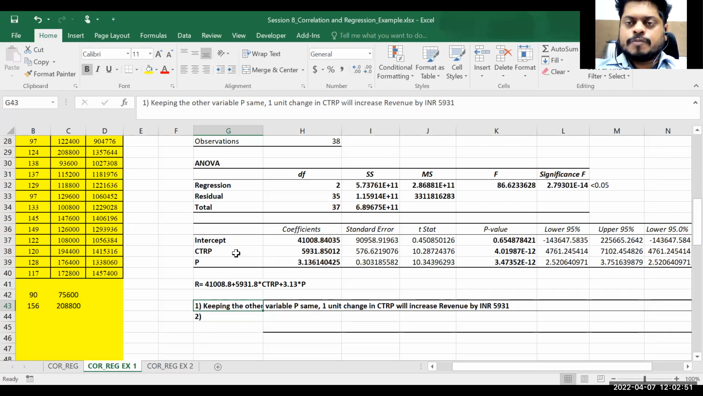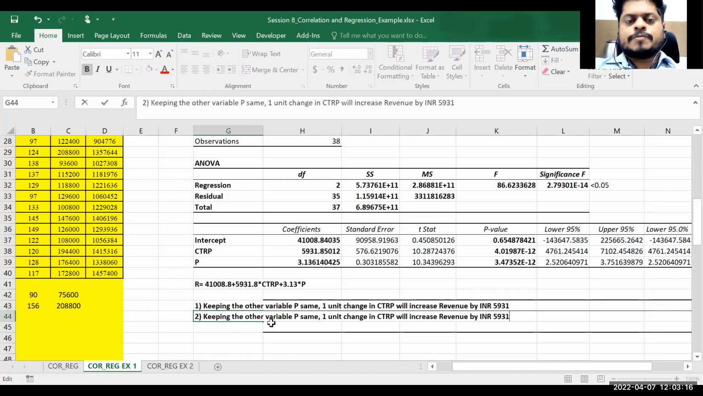Keeping the promotional budget for both the programs the same, if I am comparing those two programs, my revenue earned by the program which has a CTRP rating of 100 will be more than the other program which has a CTRP rating of 99 by 5,931 rupees. Similarly, if I interpret the other variable, keeping the CTRP the same, that means if I have two programs which both have a cumulative TRP rating of 100,